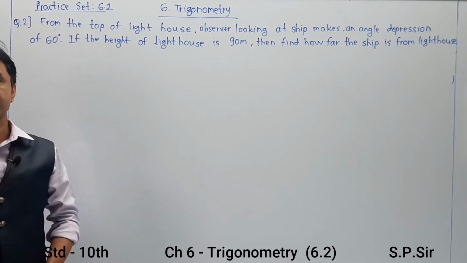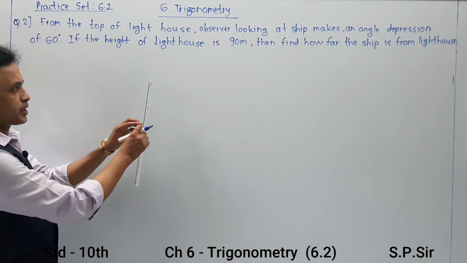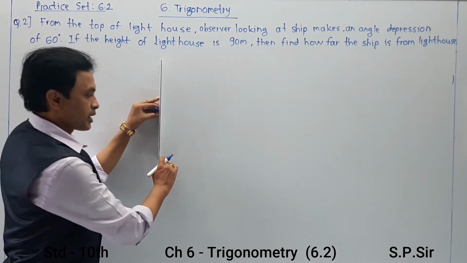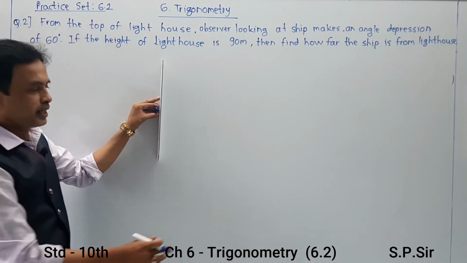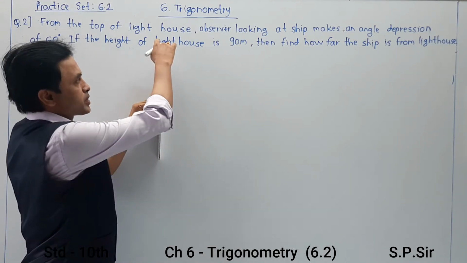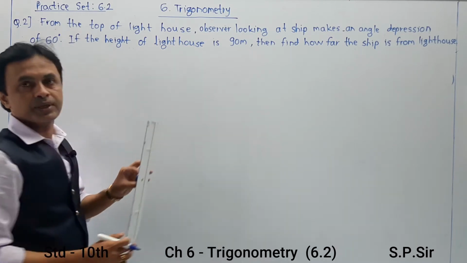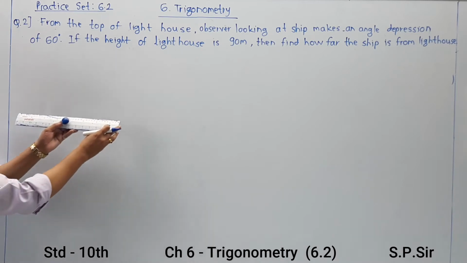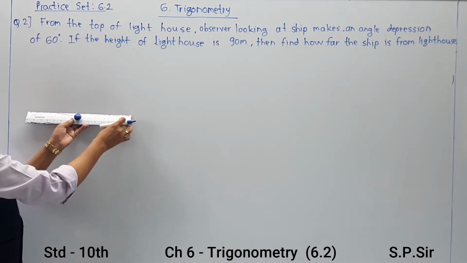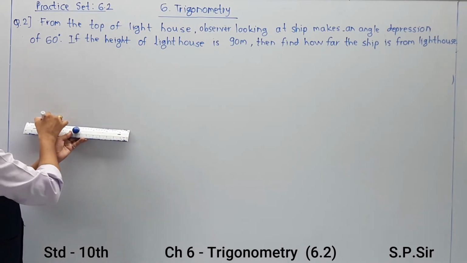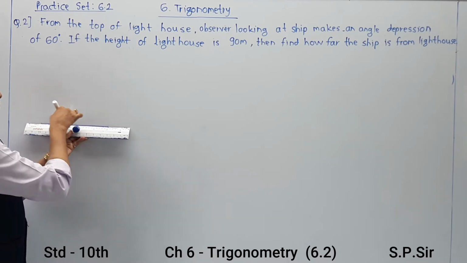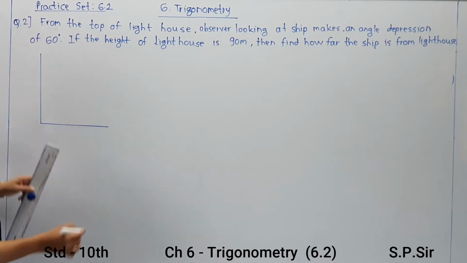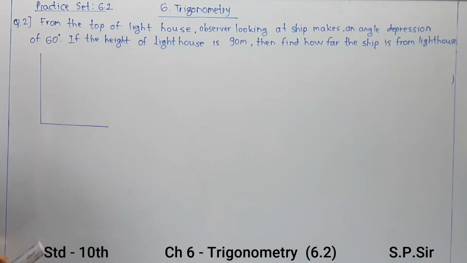In this case, you must understand some logic. What is exactly that logic? There is a respective height of your lighthouse which is given. Let us say there is a seashore and your ship is somewhere over here, and a person at the top is observing that ship, which again forms a right angle triangle. Now please pay attention over here. I am going to draw a rough diagram just for your understanding, and now one by one each part will be taken into consideration.